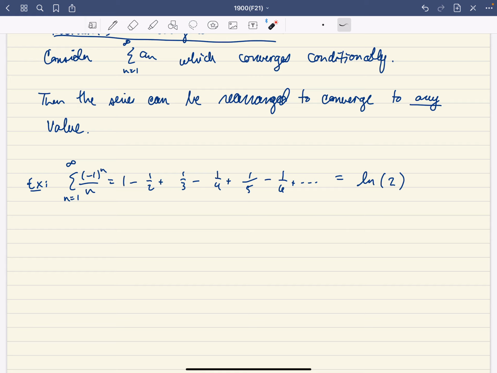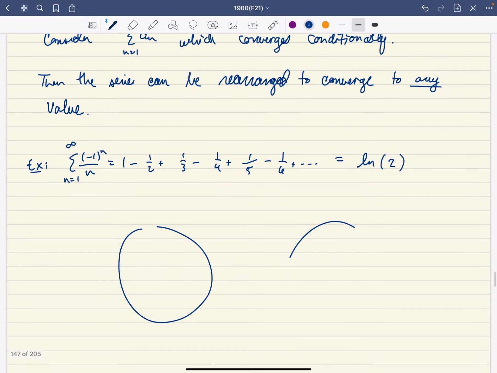And so what ends up happening is that you can take your positive terms and put them all in one pile. And that pile is going to have all the numbers that add up to infinity. And then you can take the negative terms and put those in another pile. And that pile is going to add up to negative infinity. And so you have two infinitely big piles to choose from. And if you want to figure out what's the rearrangement that you need in order to get to, say, pi,